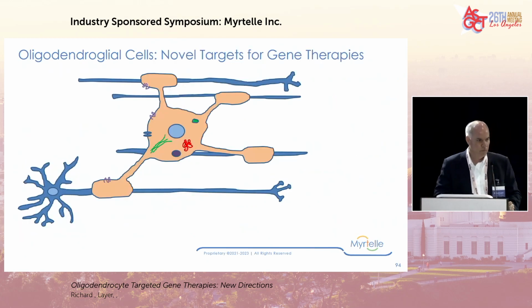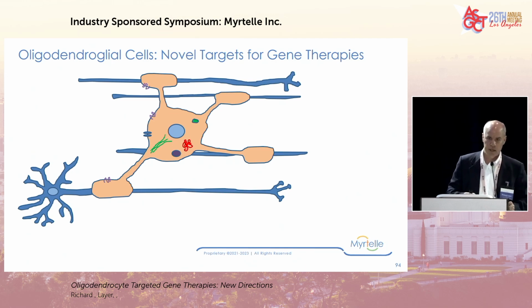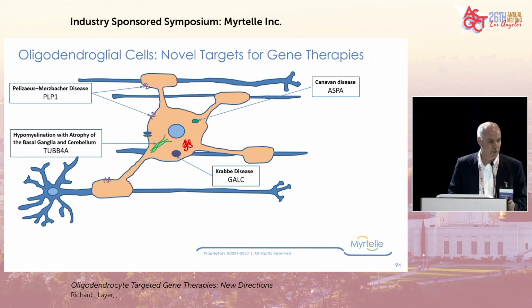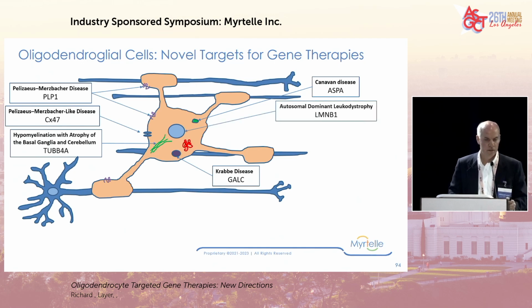In closing, multiple lines of evidence implicate oligodendrocyte dysfunction in diseases like the pediatric leukodystrophies, Canavan disease, Pelizaeus-Merzbacher disease, Krabbe disease, hypomyelination with atrophy of the basal ganglia and cerebellum, Pelizaeus-Merzbacher-like disease, the adult onset leukodystrophy, autosomal dominant leukodystrophy,